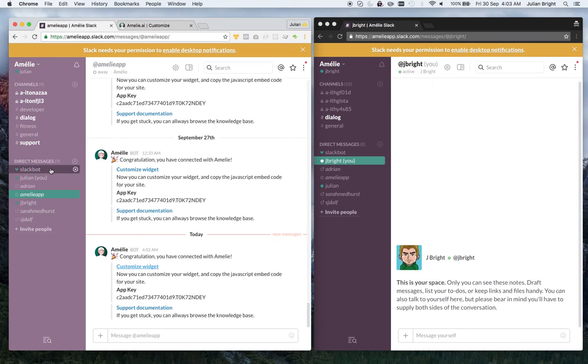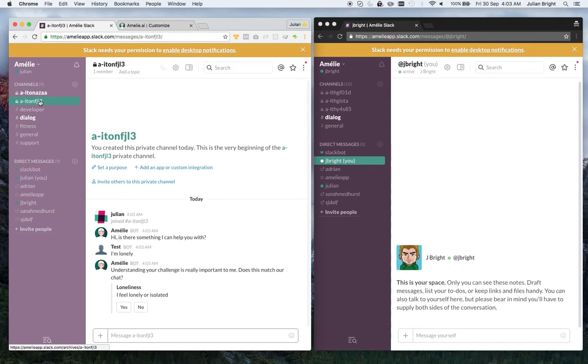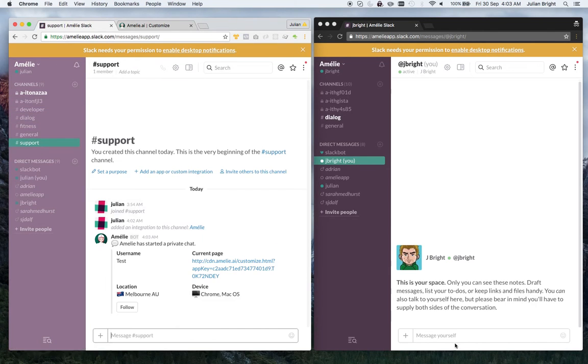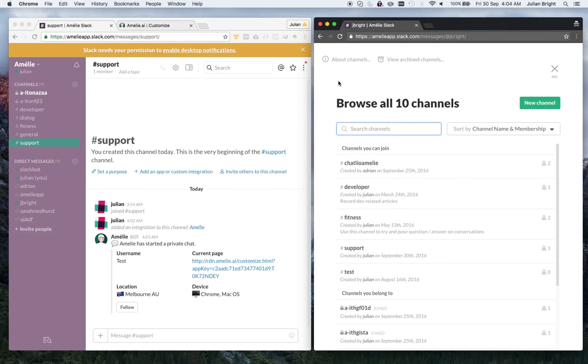Now, as the super user, what you'll notice is messages are coming through on the support channel saying that conversations have been started, and in fact you'll be able to see those conversations as a super user. For any other user that wants to connect to the support channel,